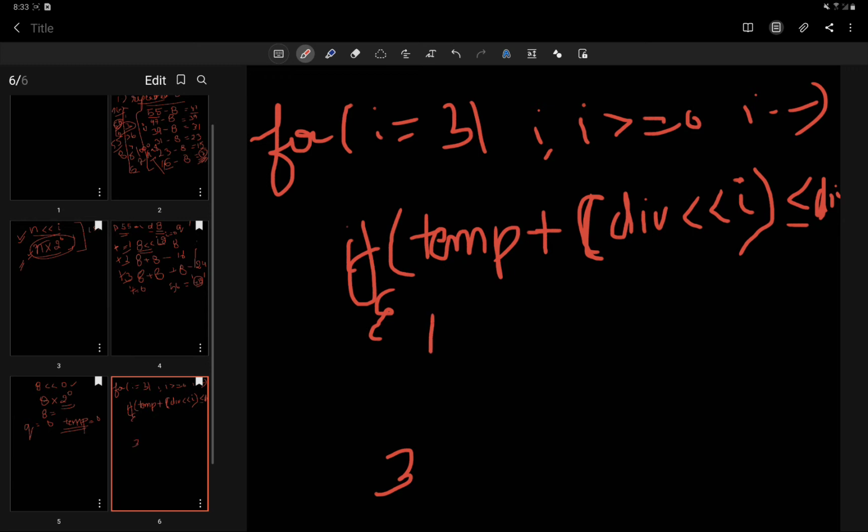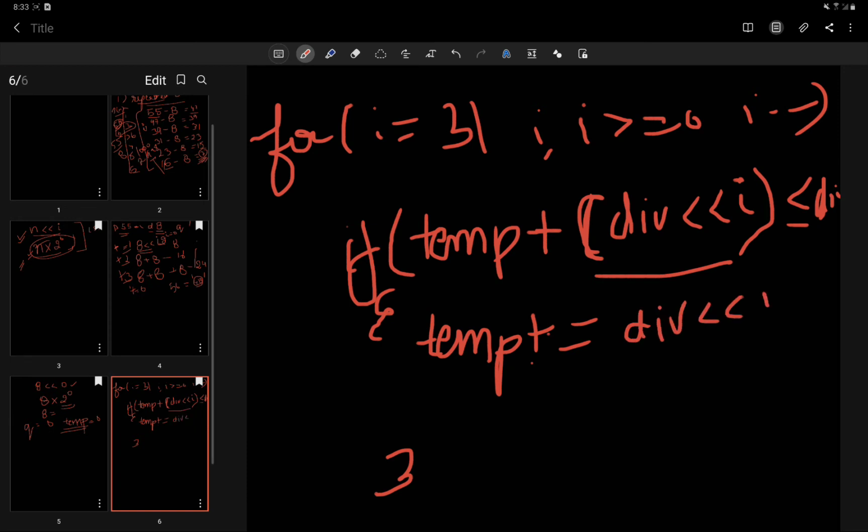So what we do is we add our value to temp: temp plus equals divisor left shift i. All right, and quotient, that will be our answer, equals quotient plus 1 long left shift i.